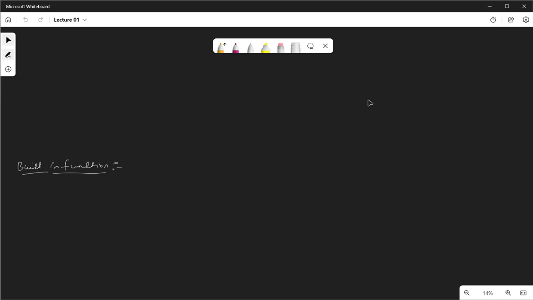Hi friends, today's topic is built-in functions in Python. Generally, Python has a rich set of built-in functions that are available for use without the need